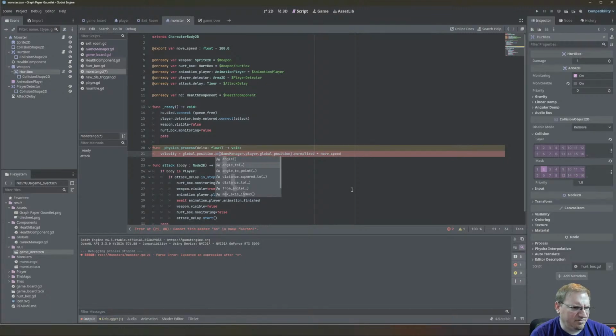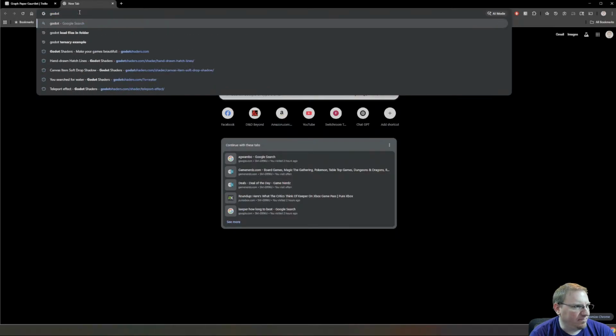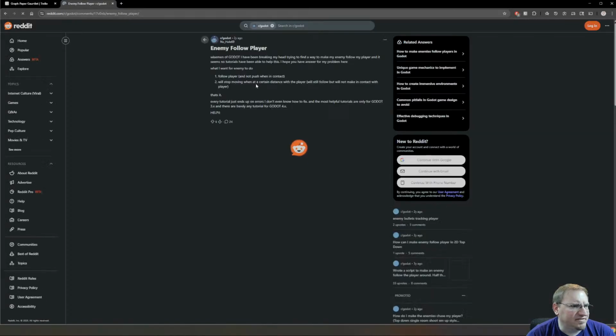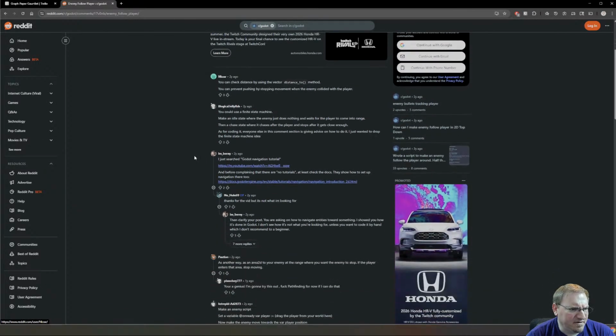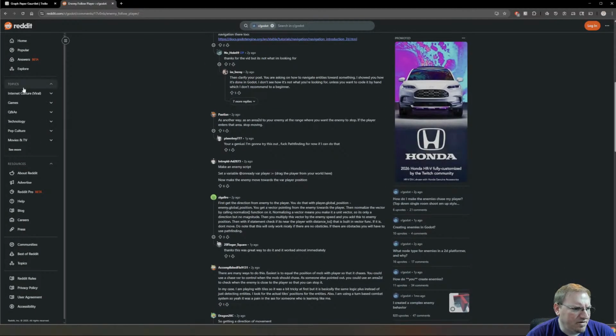Oh, maybe it's angle 2. Oh, what? Why am I forgetting this stupid thing? Basic Godot. Basic Godot, move enemy to player. Follow player. I mean, it's stupid simple. I'm forgetting something. Vector distance 2. No, I don't want a YouTube video. Just want a